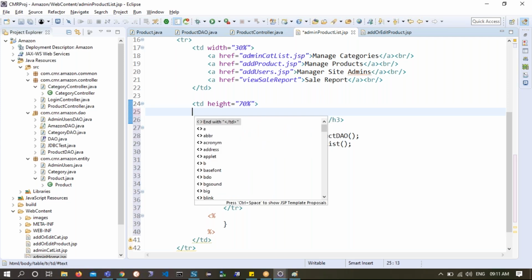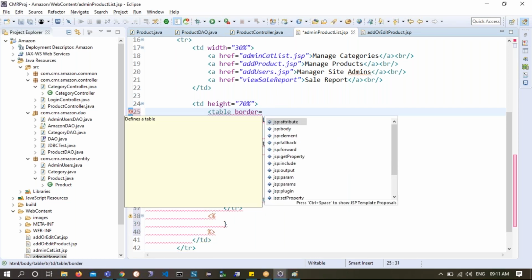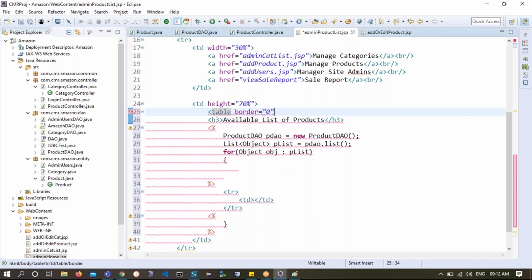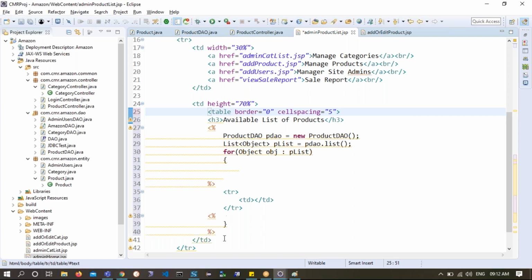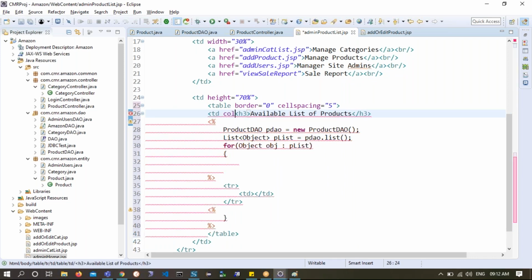So here I'll say table border is equal to 0 and cell spacing is equal to some 5, which is what we started with, if you remember. So this table I will try to end over here, and then within this table, this fellow will go into the first TD. TD colspan is equal to 3,